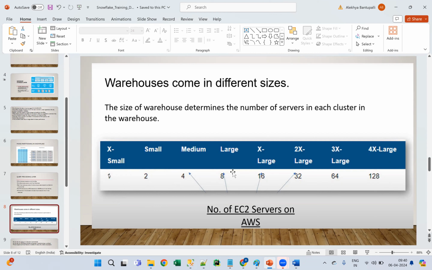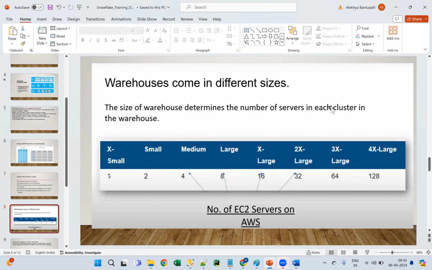So depending upon the size, the cluster count is increasing. Which means what, guys? If you're dealing with small, simple queries, we can go with extra small. That is enough. Even one cluster is enough, guys. But if you're dealing with big, complex queries, in such cases we need to increase the size of the warehouse. It may be medium, large, or maybe extra large. It depends upon the queries, the data load, the data, and your query. We need to go for the bigger sizes. If you go for the bigger sizes, your query will run faster.